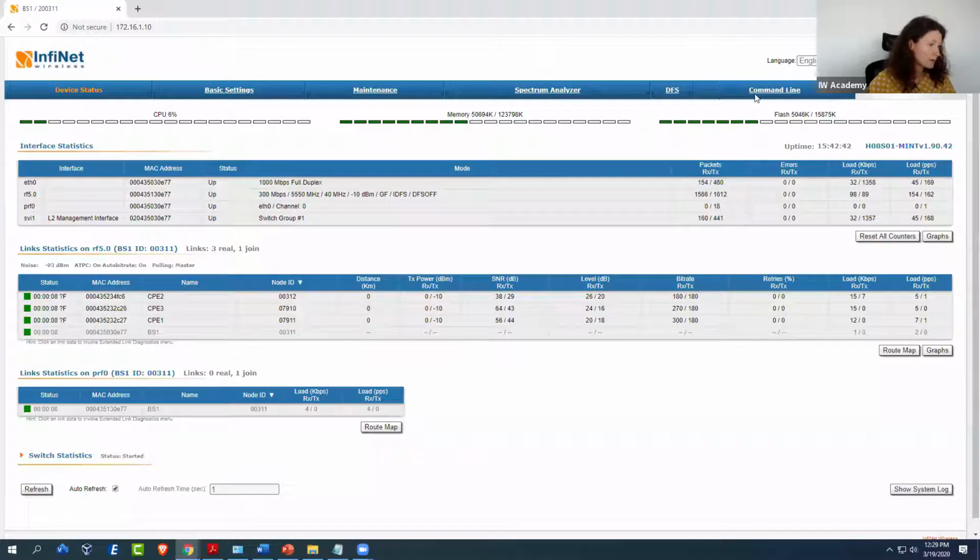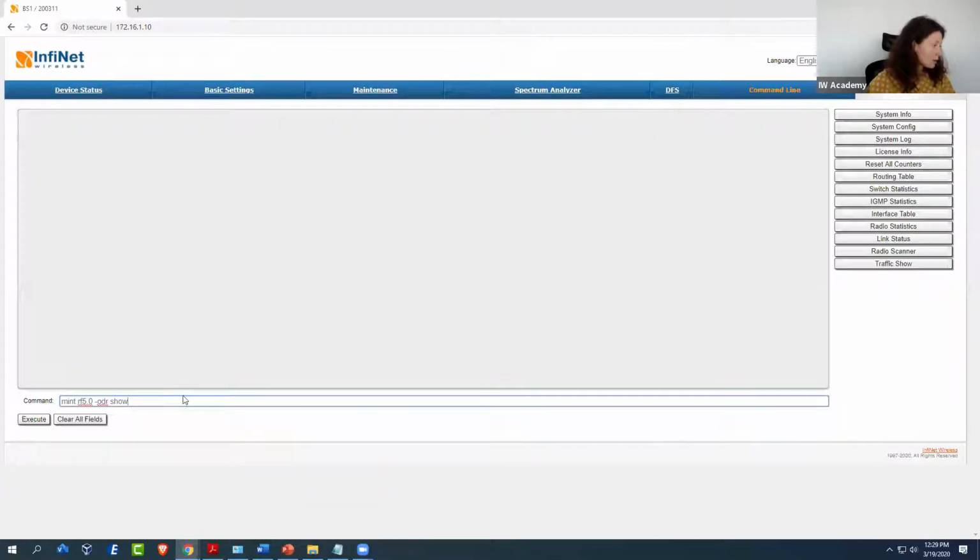And I will now show you in the command line the status of the ODR protocol. If you issue this command, you will see that the current device is configured as hub, and it has a list of 2 active spokes, CP1 and CP3, as you can see here. So this is all you have to do. ODR is very simple to implement.